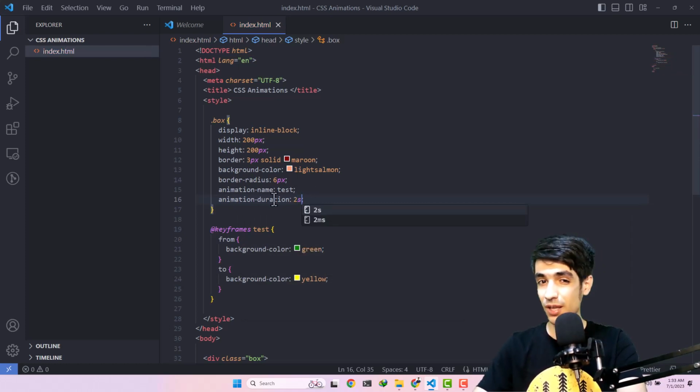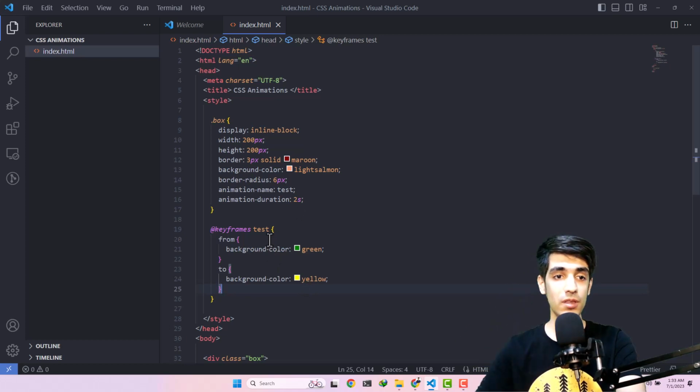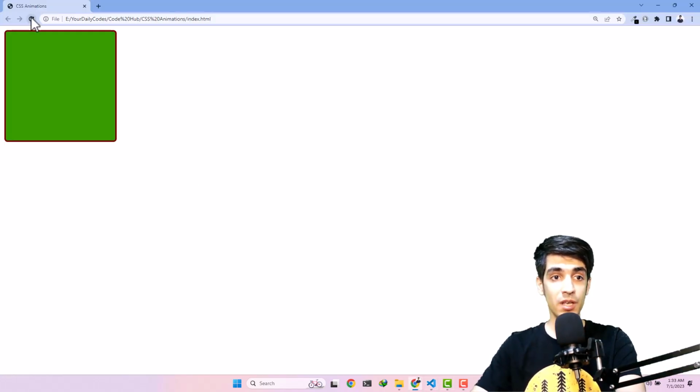And there's something that might be on your mind: okay, the background color is now a light salmon, and it's going green, yellow. What happens? What should the result be? It may be something that you are thinking about, and now you can see the result for yourself. If we hit refresh, you can see the background color